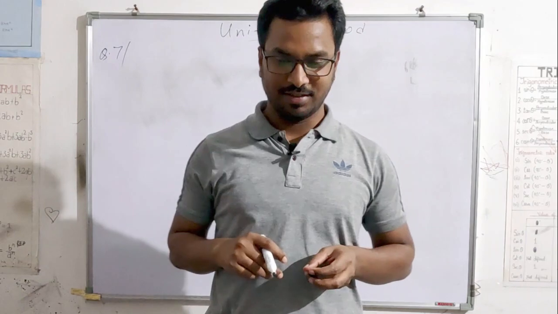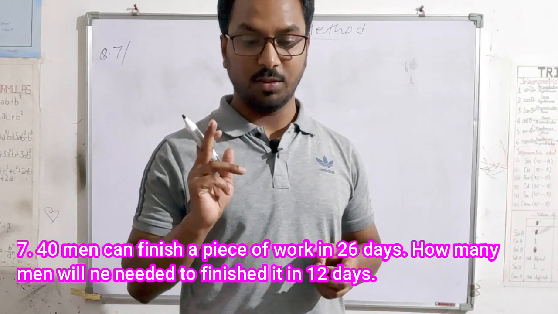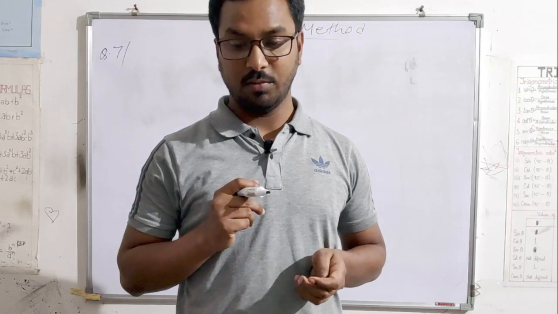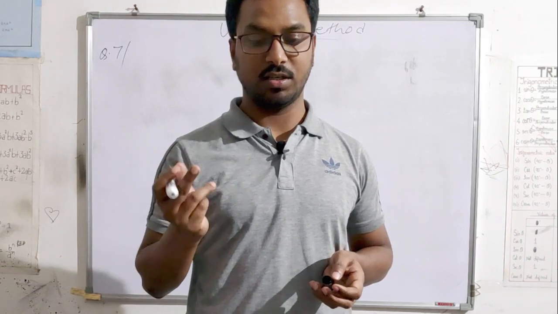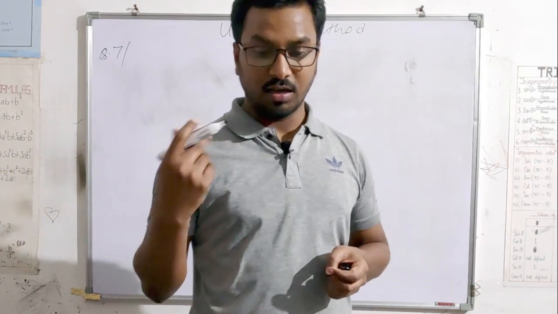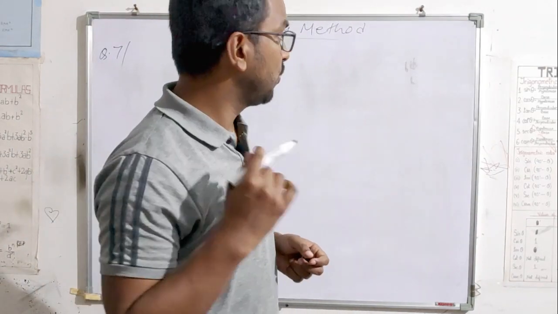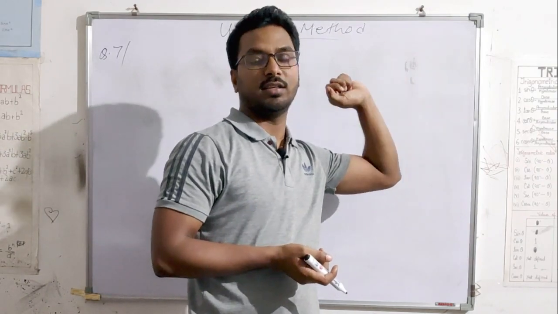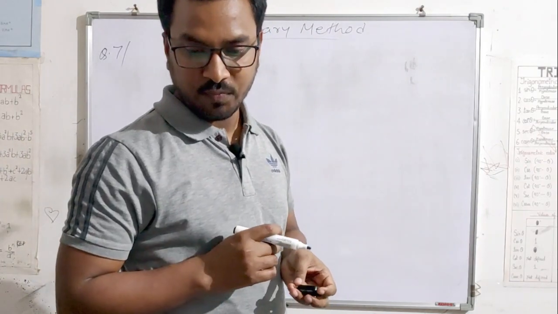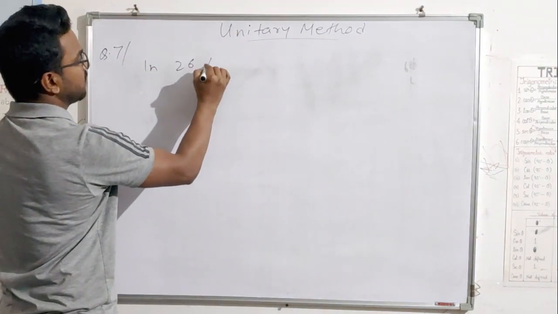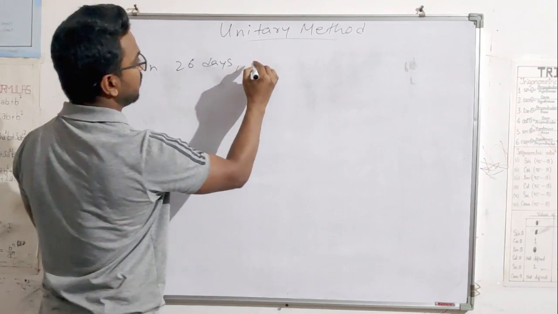We'll see the last question. The last question is given, 40 men can finish a piece of work in 26 days. How many men will be needed to finish it in 12 days? So what do you have to find? You have to find the number of men. So whatever we have to find, we have to keep it always on the right hand side. So we'll write this one, in 26 days,